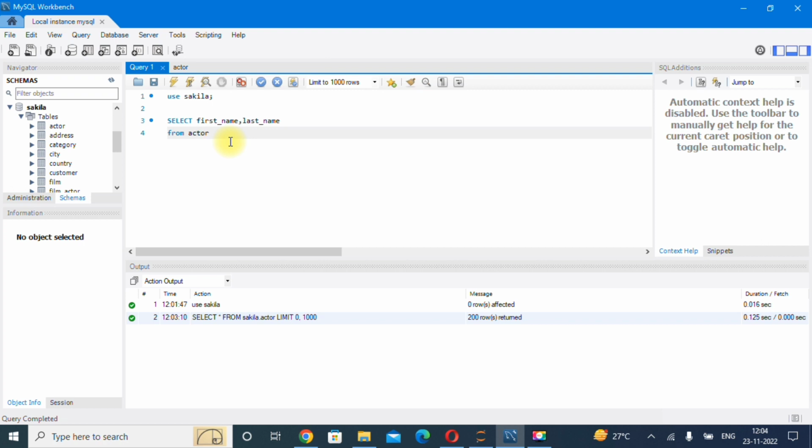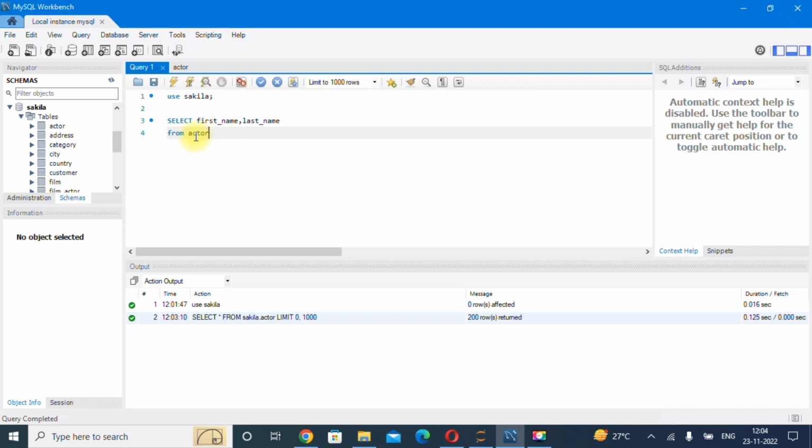And you have to remember one more thing. This particular table should be available in the Sakila database. You have to check whether this table is available in the Sakila tables or not. If this table is not available in the Sakila database, then you are not able to get any kind of output. So whichever table is available in the database, you can access only that.